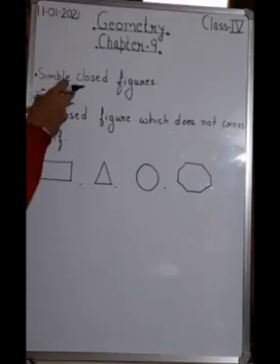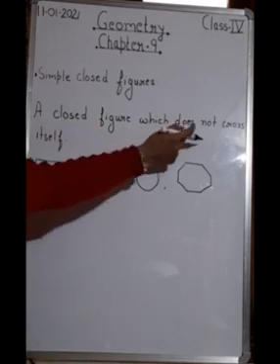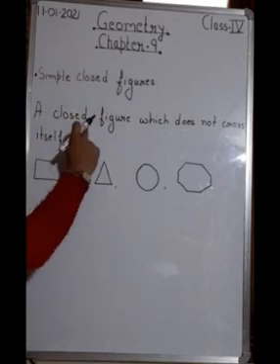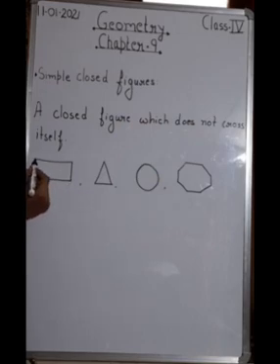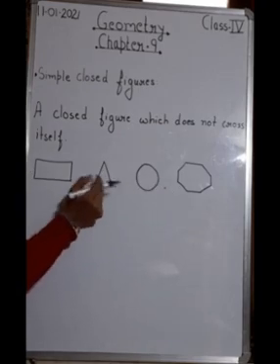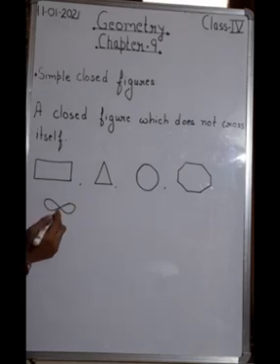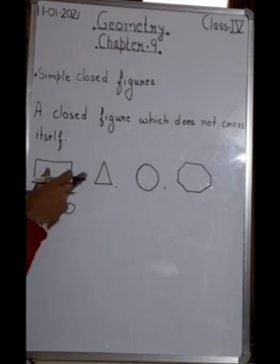Okay. Next we have simple closed figures. So what are simple closed figures? A closed figure which does not cross itself is known as a simple closed figure. So all the closed figures which do not cross themselves. I have drawn some figures over here. You can see these figures have the same starting and ending point, so these are all closed figures. Also they are not crossing each other. For example, if I draw a figure like this, this is also a closed figure, but it is not simple. Why? Because it crosses itself. So this is not a simple closed figure. It is just a closed figure, and these are simple closed figures. Why? Because they are not crossing itself.